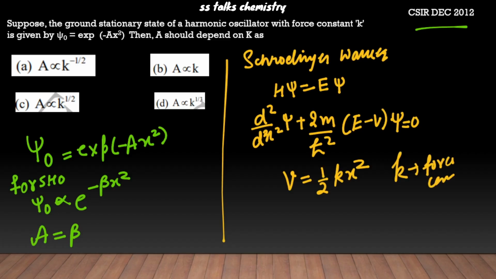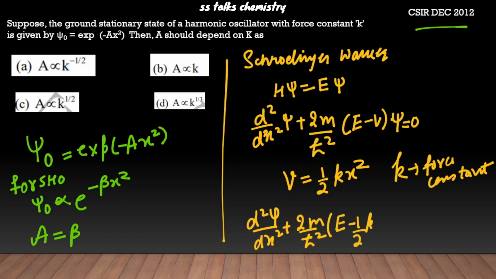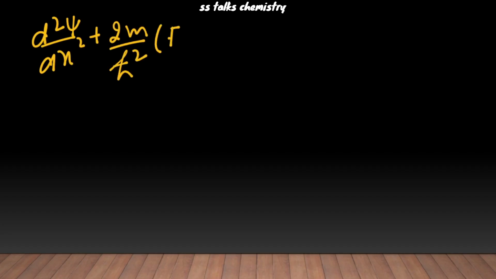K is the force constant, right? So d²ψ/dx² + (2m/ħ²)(E − V), where V is half of kx², times ψ, is equal to 0, right? Now further open these brackets, so we get d²ψ/dx² + (2m/ħ²)E, this value, plus next we get minus of